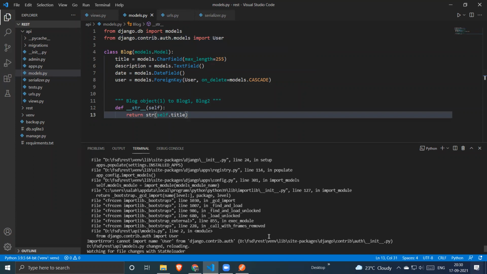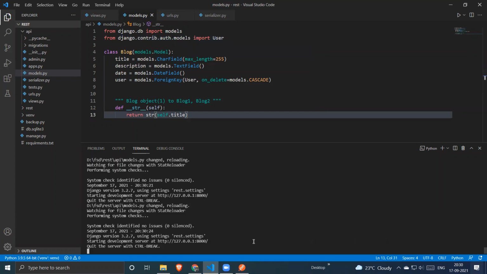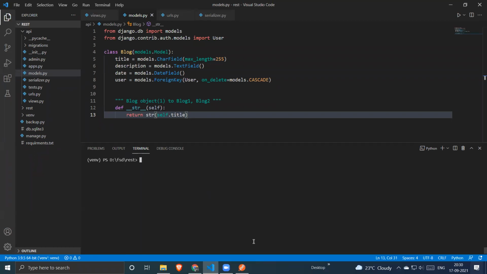Okay, so did you get my question? What we are trying to do, if the user is the owner of that particular blog, then only he can update or change the blog object. So which API view class are you going to use?